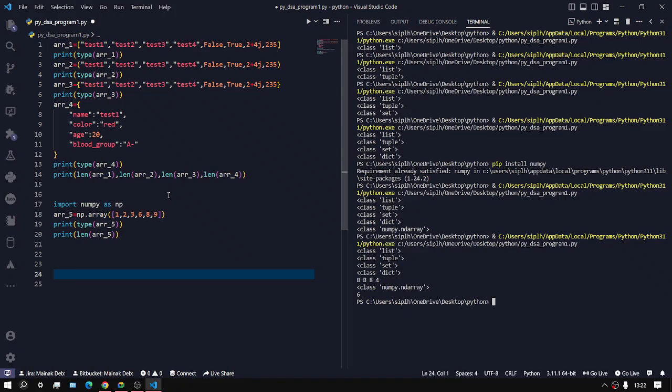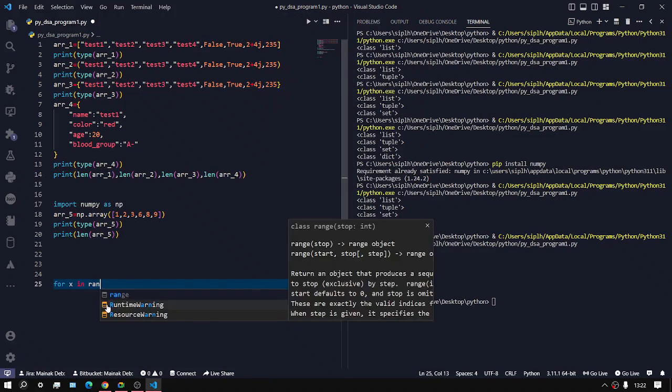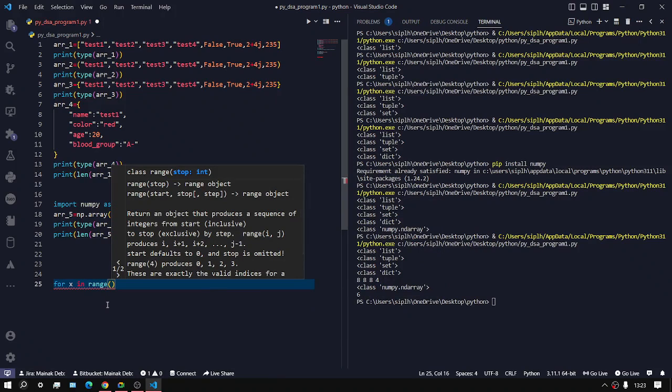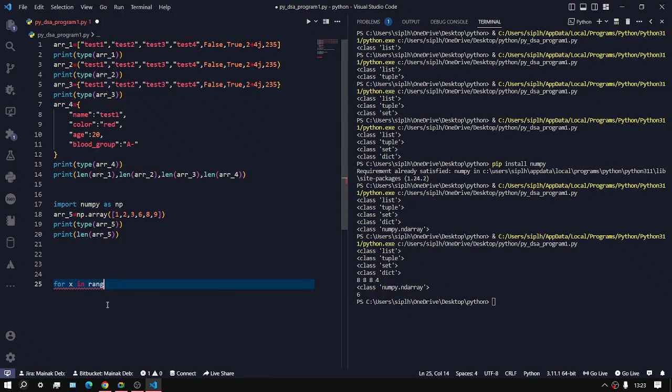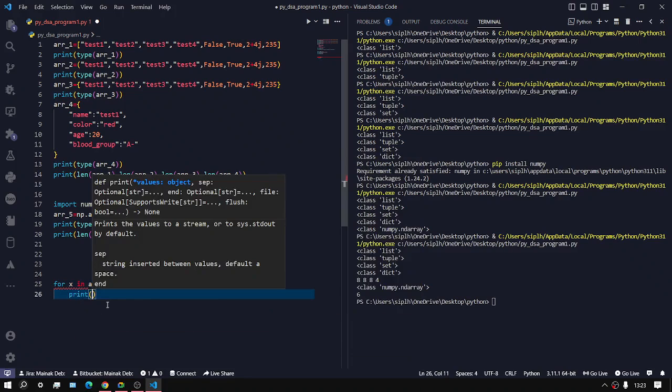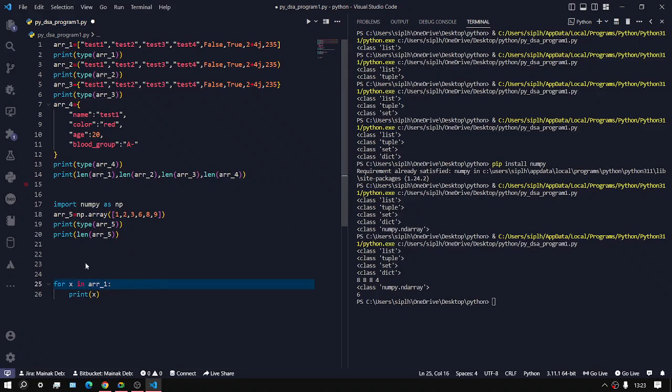dictionary, but before moving to dictionary I am printing the normal list, set and tuple. For x in array underscore 1, colon, print x. So what I have done, I am iterating this array underscore 1. There are 8 elements in array 1. So I am iterating each and every array 1 element in a for loop. So if I run this segment,